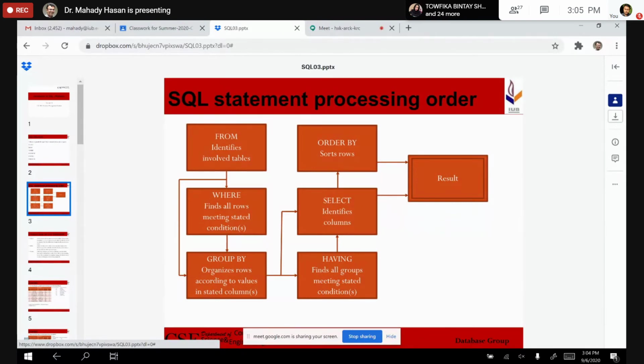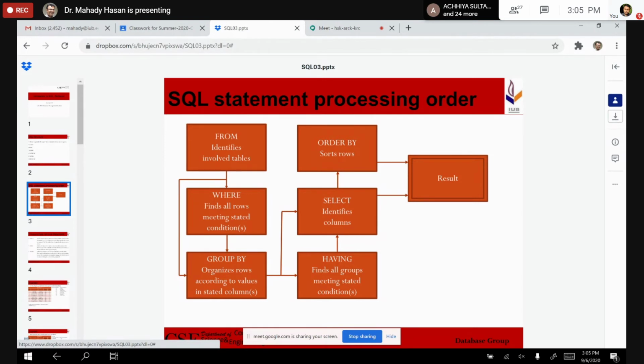At the beginning, as you can see, number one is the from clause. We start with from, meaning we identify the relation or tables from where we need to fetch the data. Then we see if there are any conditions or criteria for which rows to select.